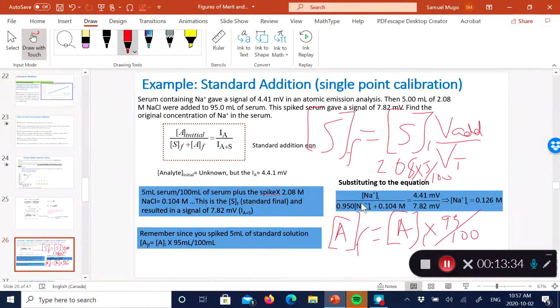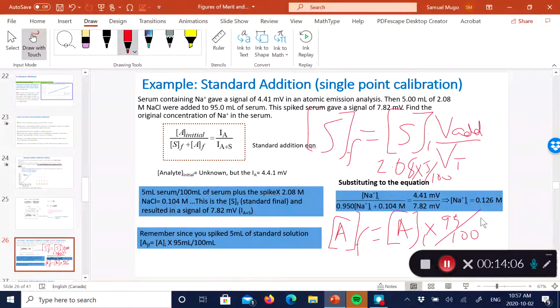And you can see, that's what I put in there. So looking at my equation then, I've got only one unknown, which is the analyte initial, the sodium ion initially present. And using simple algebraic computation, you can just calculate what this is. I hope all of us know how to do that. And so the sodium initially present is equal to 0.126